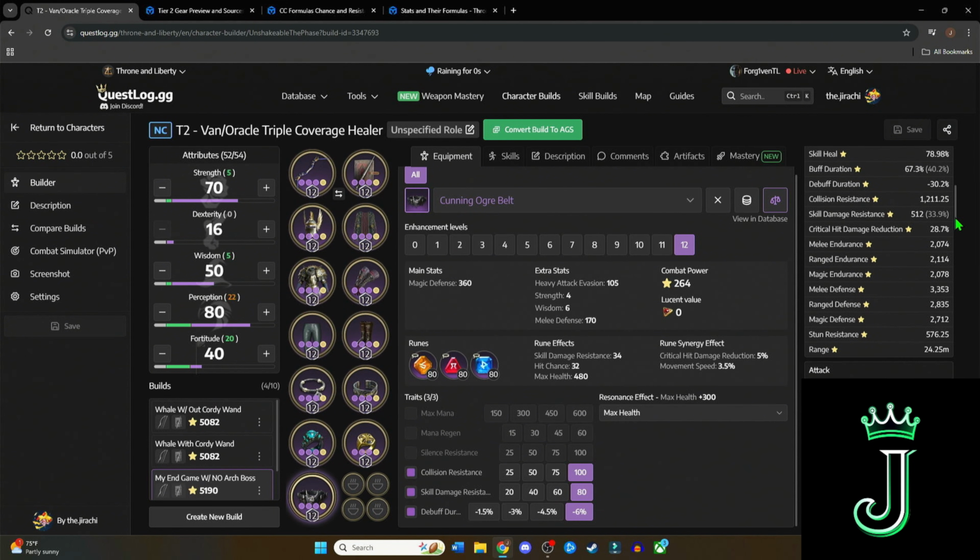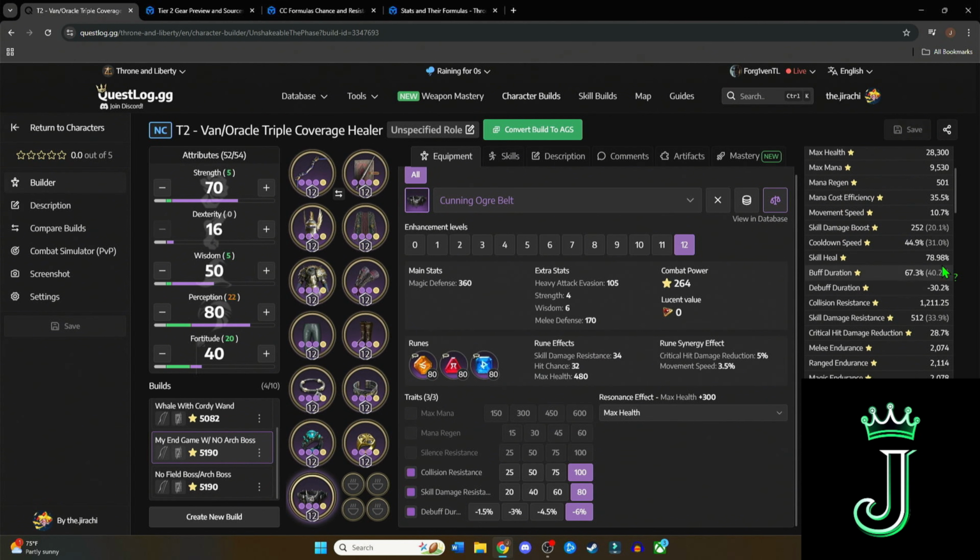But realistically, if you guys are looking at this, I keep my 2k range endurance, which is awesome. I get that 28% critical hit damage reduction, and then all my defenses stay around the 3k mark, which is nice. Yes, they're a little bit less because these do not have all of the cool whale pieces, but they're definitely more possible to get, and I still end up with around the same numbers, which I think is